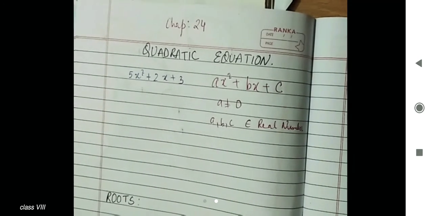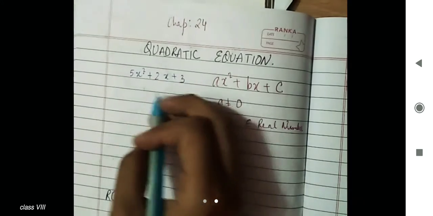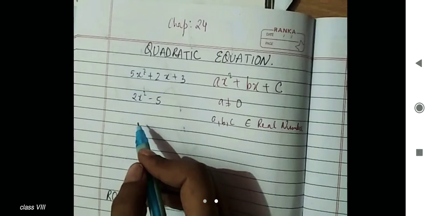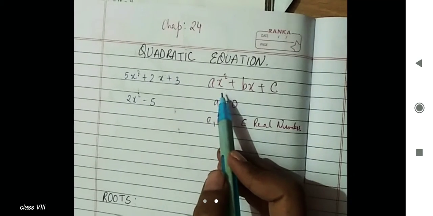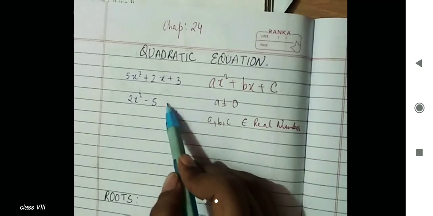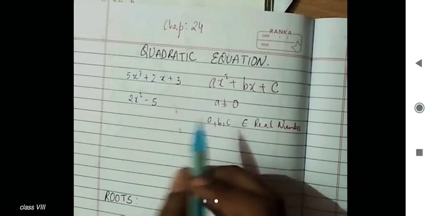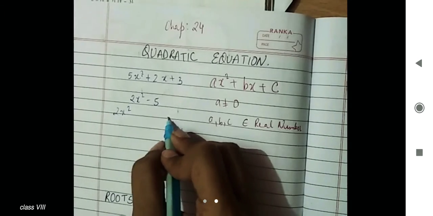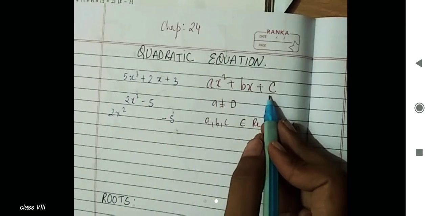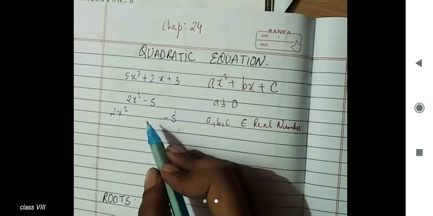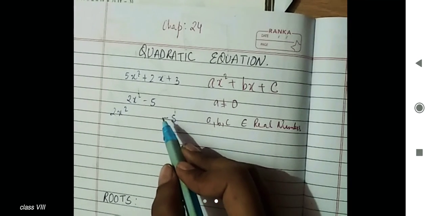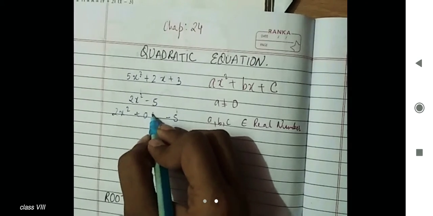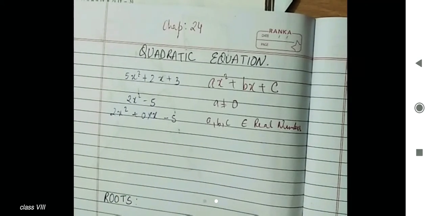There are more examples of the quadratic equation. For example, you can take here 2x square minus 5. So this 2x square minus 5 is also a quadratic equation. You will say that, ma'am, it is not like this, it is like ax square plus bx plus c. But this looks like ax square, that is 2x square, and minus 5 looks like a constant. But what about the middle term? Ma'am, the middle term is not here, that's why it's not a quadratic equation. No, this is a quadratic equation. Why? Because maybe b is equal to 0, which makes this term 0. That's why it is not there.